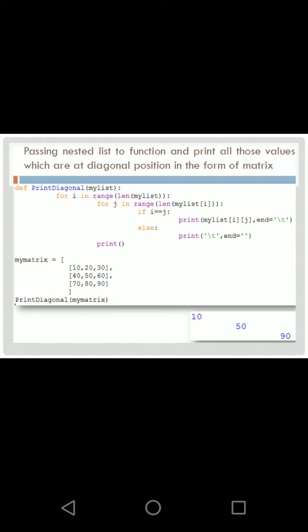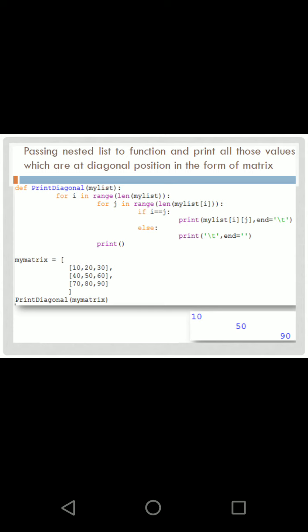And here is a nested list. You know what we mean by a nested list? Nested list means a list inside the list. So here you can see mymatrix is a list inside a list. It is a list actually having 3 elements, but the 3 elements are lists themselves. So it is a program to pass the nested list to the function and print all the values which are at diagonal positions. Diagonal positions means, when it is a matrix, there are rows as well as columns.